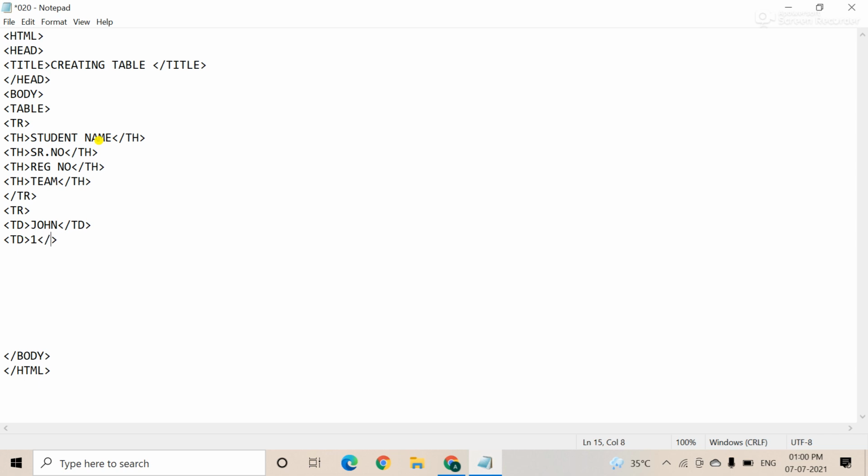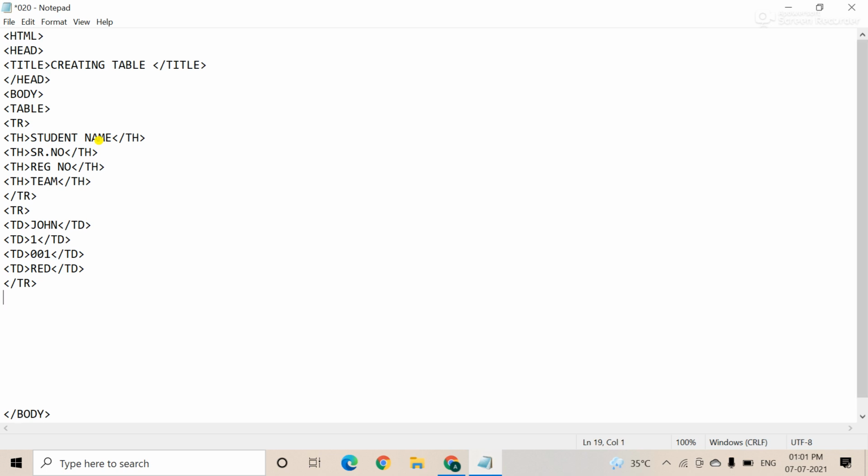Okay, and the td close. Next again td, and the registration number 001, td close. Okay, and the next is the team. Suppose I'm entering red. Okay, and td close. Now the first row is complete, which means these table row data are completed.